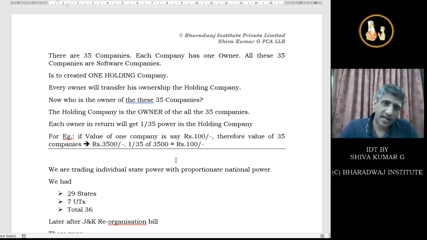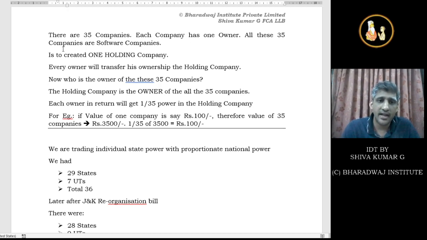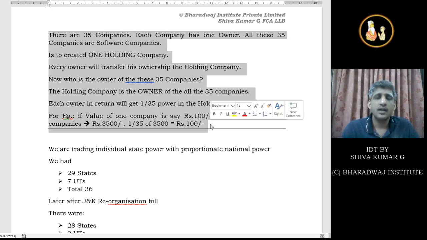We cannot give power, at the same time we should give power. We should not give power, at the same time we should give power. We should give power, at the same time we should not give power to the state government. In this scenario, what happened? This is where I try to explain it to you with a slightly complicated example, saying that imagine there are 35